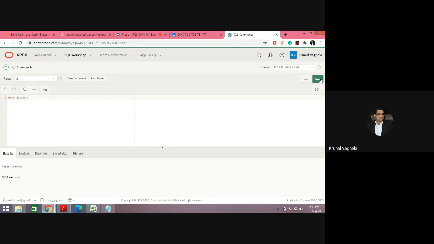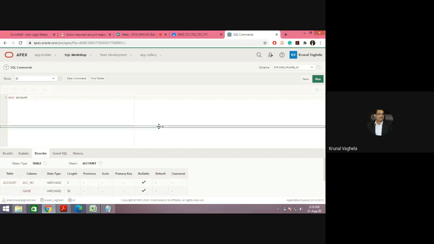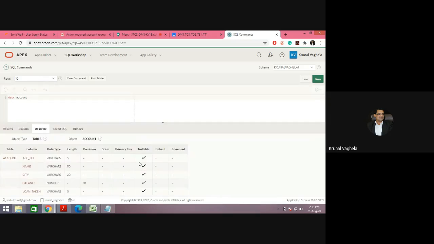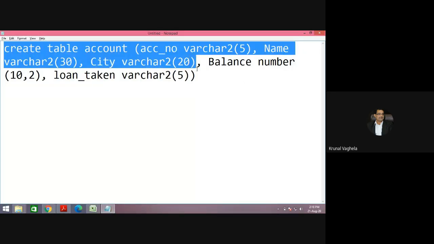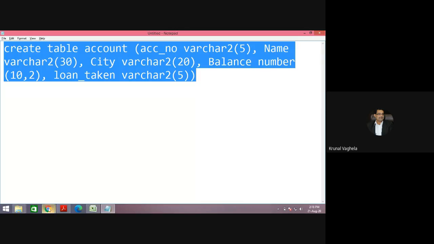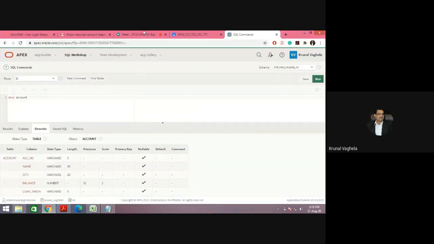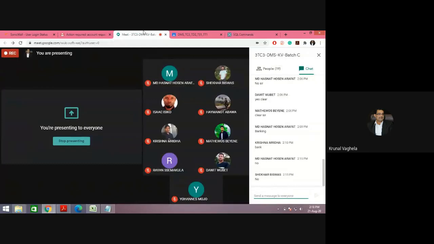And run. So you can see here in output, your table is visible. So this is how you can create the table. This is the command. Any doubt, any queries in creating the table? Anyone?